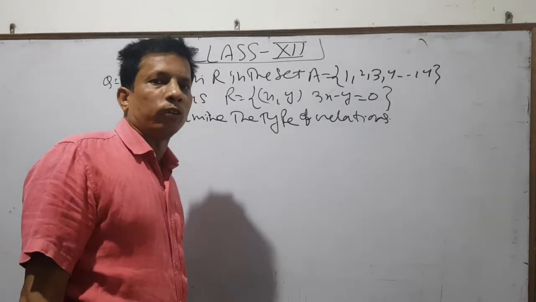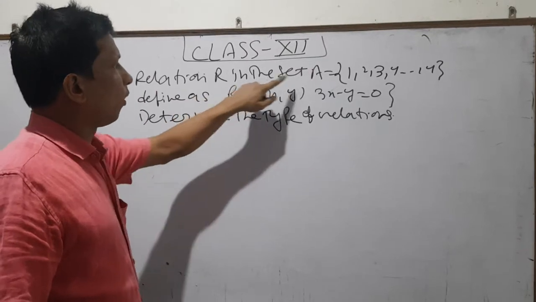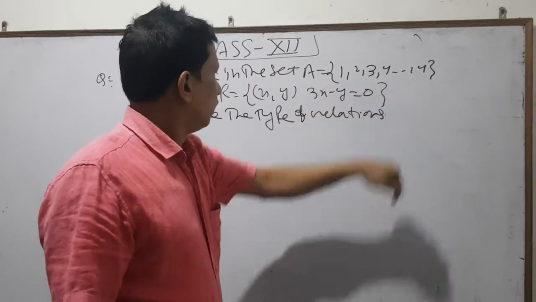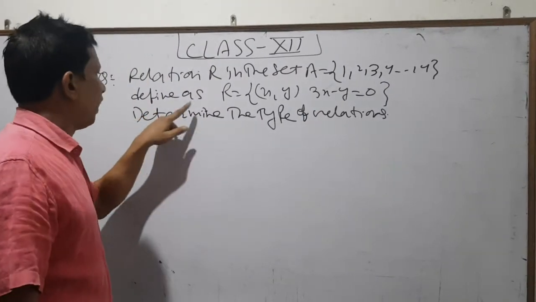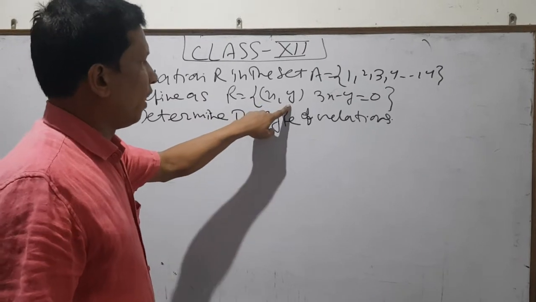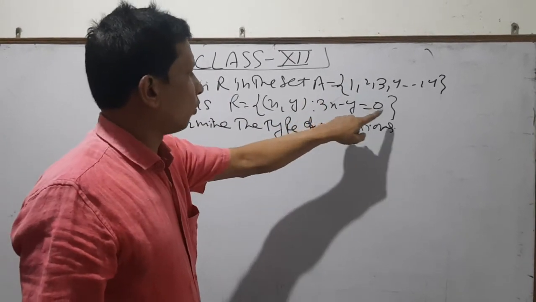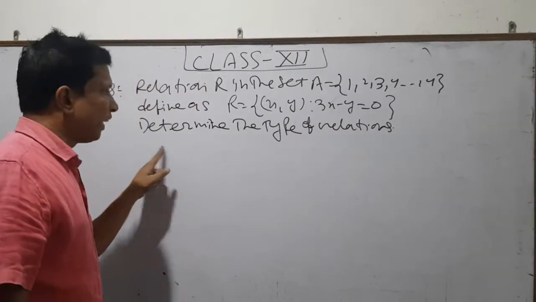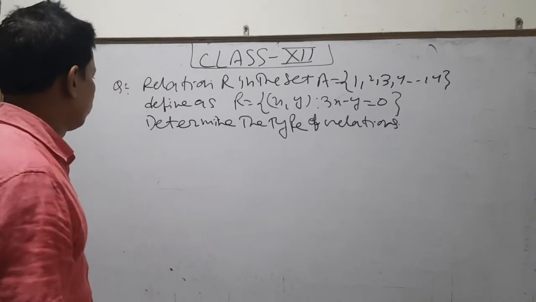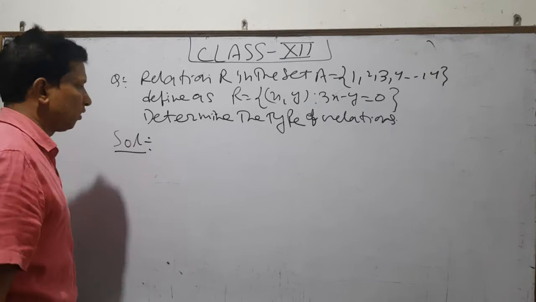First, see the problem of relation. Relation R is defined in the set A = {1, 2, 3, 4, ... up to 14}, natural numbers, as R = {(x, y)}, where the relation is 3x - y = 0. Determine the type of relation. Note down the problem. And the solution is: